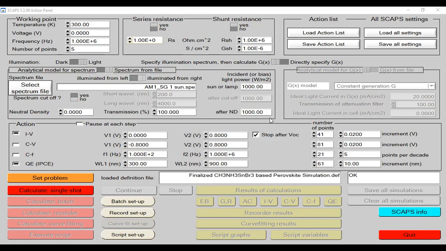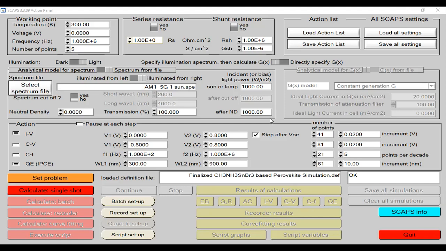Now next thing we need to do is click this button, custom. Okay, and now we need to click over set. You can see there's some garbage value, we need to remove it. Now I am going to set some defect density values in order to compute my results, in order to check the effect of the trap density of the absorber layer over my performance parameters.